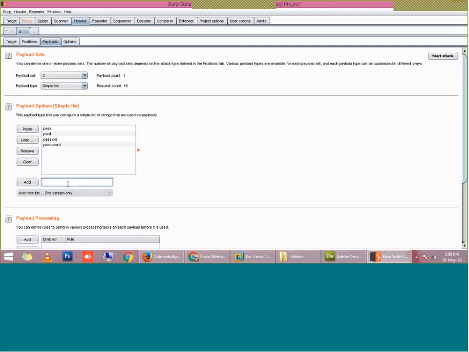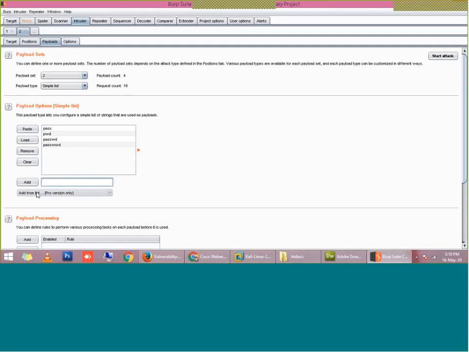Definitely a question will come to your mind, sir, it is not always possible to enter so many usernames and passwords. For that, you can search on Google for the well-known sets of usernames and passwords. You can find a file containing lakhs of well-known usernames and passwords. You just have to download that text file and give the complete list to Burp Suite.